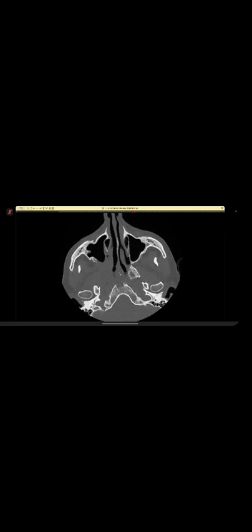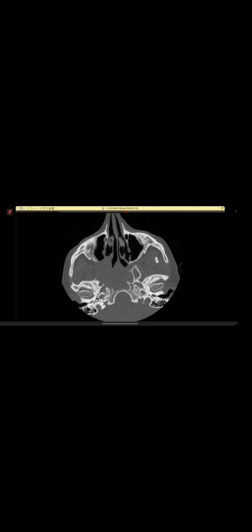I can show you a bit better in the sagittal view to see the extension and description, sir. And this, sir, the base of the skull is involved here at the level of the atlantoaxial joint, the dens. Give me your diagnosis. What is your final diagnosis? Yes, sir, it can be a chordoma at the base of the skull, most probably an aggressive